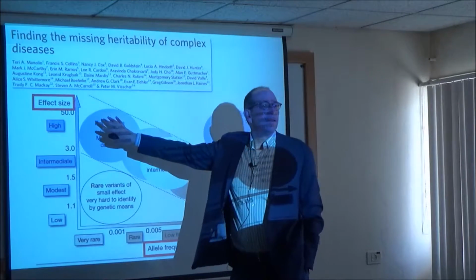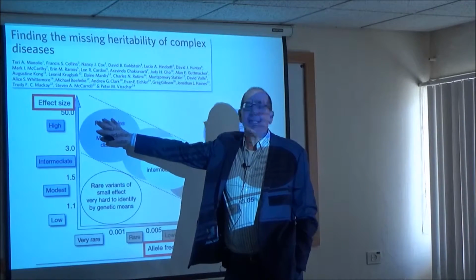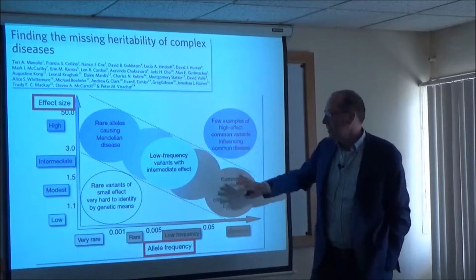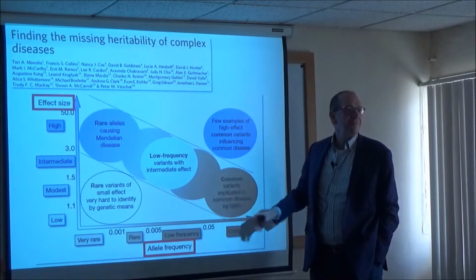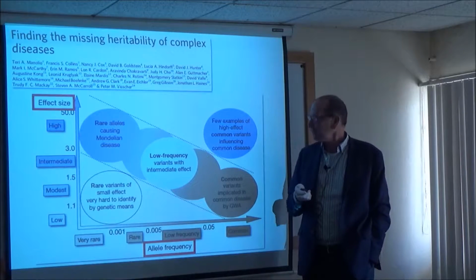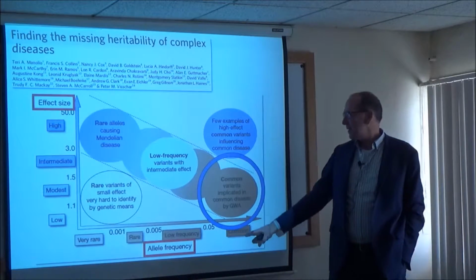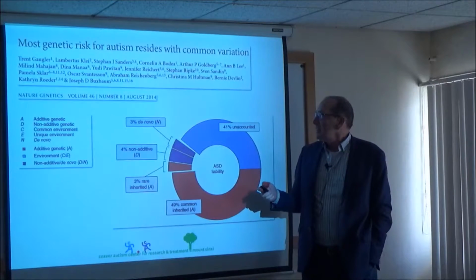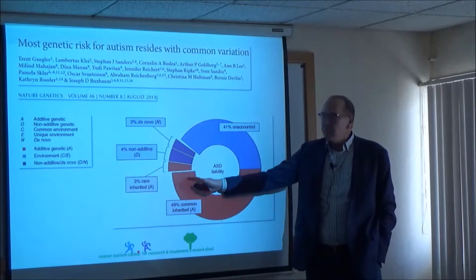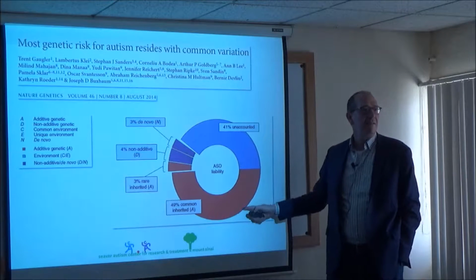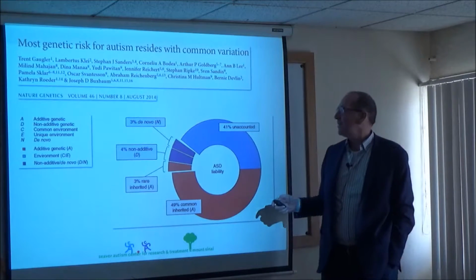And these are different methods we use to find these things. Over here is sequencing, and things over here are genotyping. Does that make sense? All right, so talking about common variation down here, things that have tiny effects but are common, that's most of the risk. But we have very few findings.